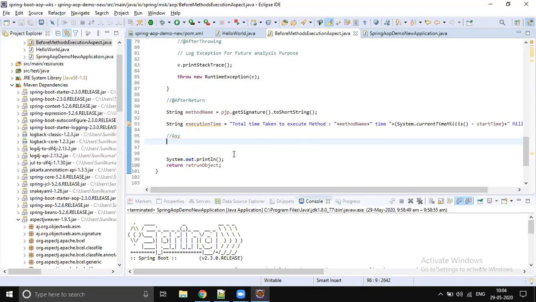Can you just show in Kibana once, if you have one example? Okay, I will show. We will log our logs into Kibana in our microservices. That is part of the microservices concept. Once we jump into microservices, there is a concept called centralized logging. So we will run multiple microservices, take all the logs and put them into Kibana, and we go to Kibana and just see the logs in Kibana.